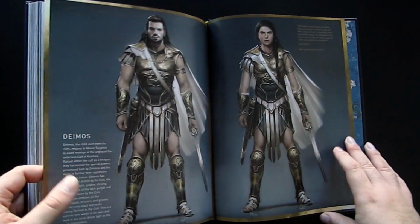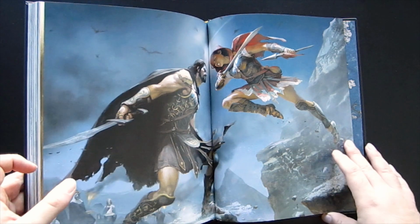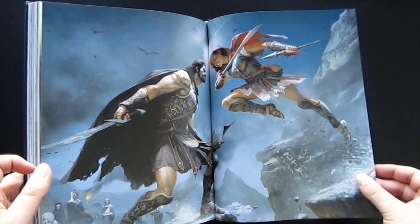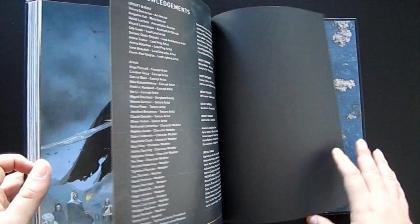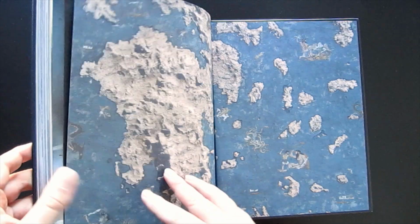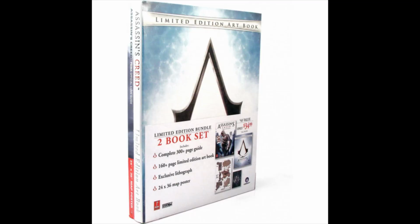And so, just to wrap up, let's quickly run through the other Assassin's Creed art books, because I'm probably not ever going to do reviews on them, but like I said, my opinions of the art in the books are completely subjective, and so despite everything I've said about them, I still absolutely encourage you to look into them and form your own opinion. So the first art book I'm aware of was for Assassin's Creed 1 that came with